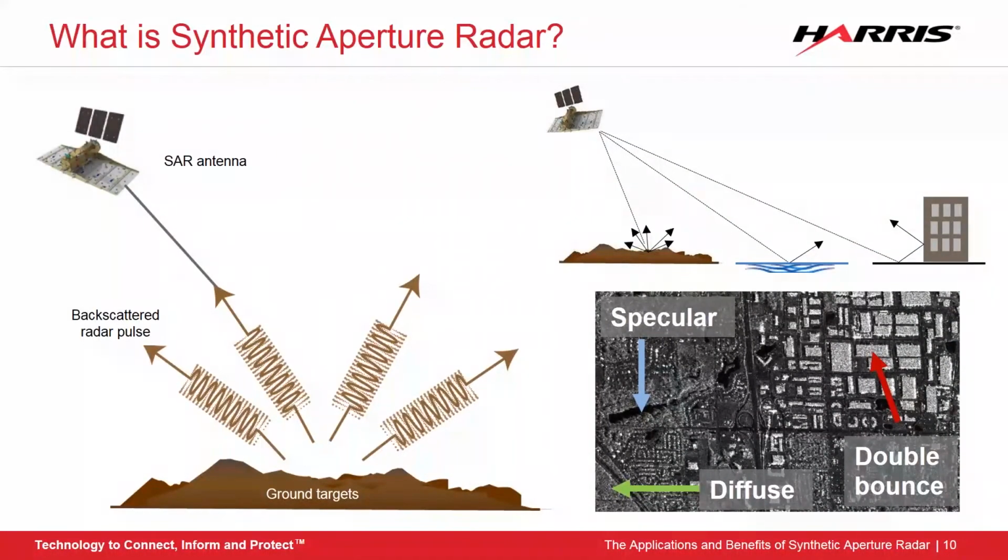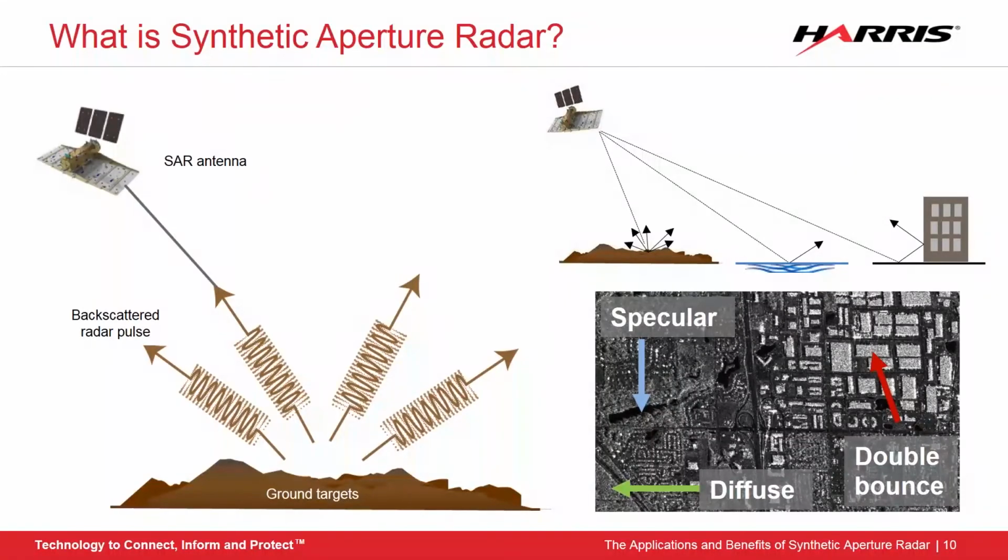Rough and uneven surfaces, such as rugged areas like mountains or vegetation, produce what's known as diffuse backscatter, where the incoming signal is scattered in many different directions, and some of that is returned back to the SAR antenna. The rougher a surface is, the more energy is directed back towards the antenna. Diffuse backscatter results in medium intensity pixels in the resulting SAR scene, as can be seen here in the bottom